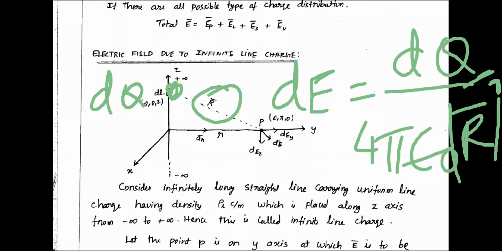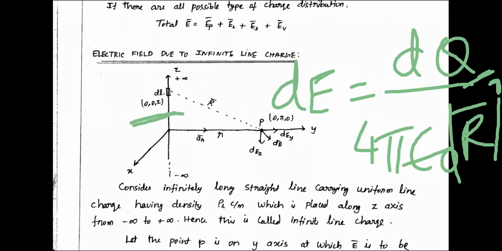Now, to know this direction, what should you know? You should know the point. This point: clearly you are on the z-axis. Once you are on the z-axis, definitely the other values are 0: x is 0, y is 0. Then you are on some z value, let it be z equal to 10 or 20, some z. Here you are on the y-axis, and they clearly mention the distance, that distance is r. It can be y also, but here it is a fixed distance, that is r.